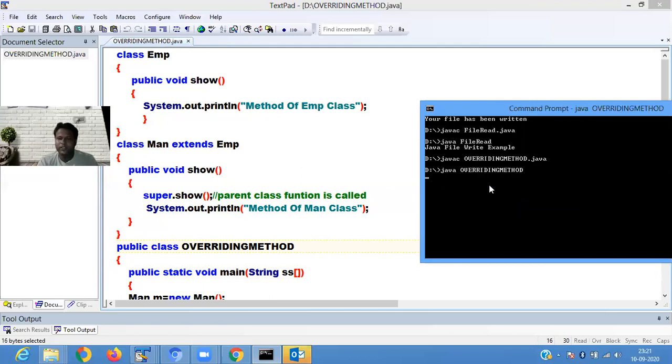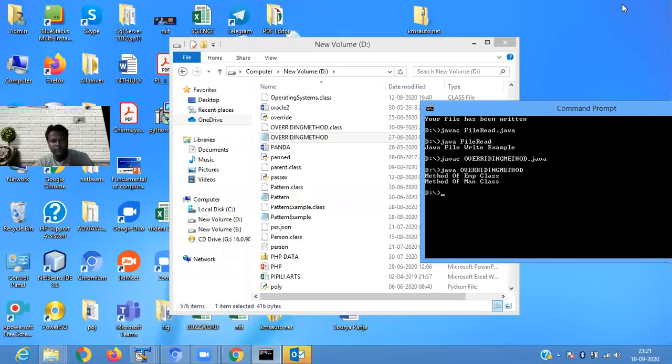It shows the method of the Employee class and the method of Man. In the next class, we will discuss polymorphism, meaning how to do polymorphism programming.